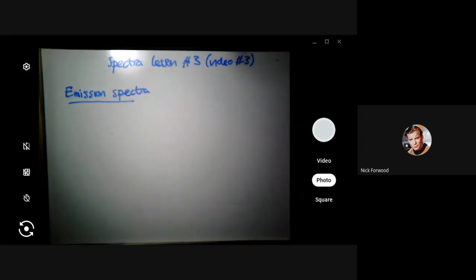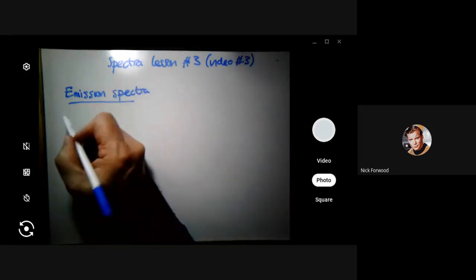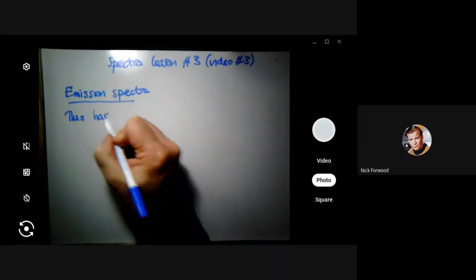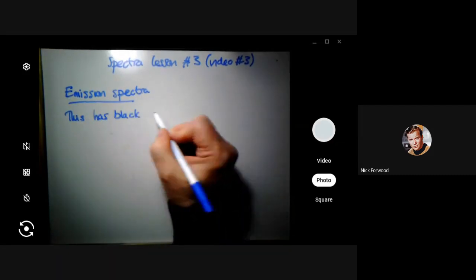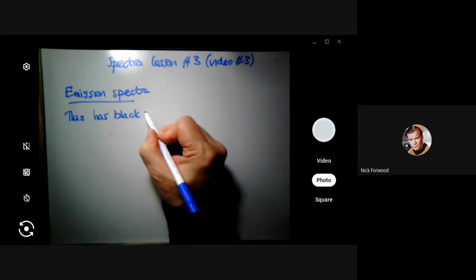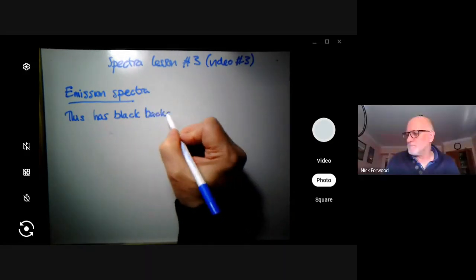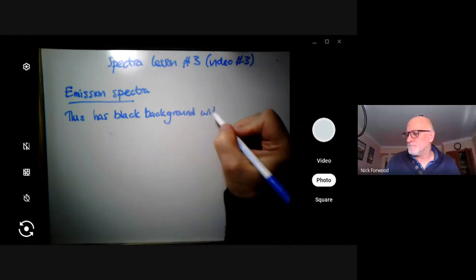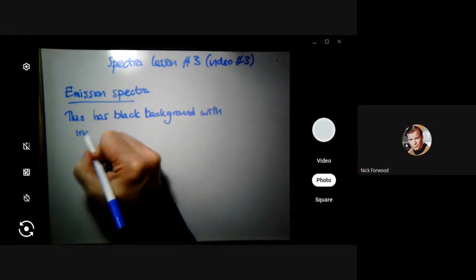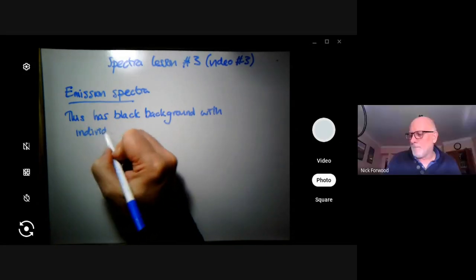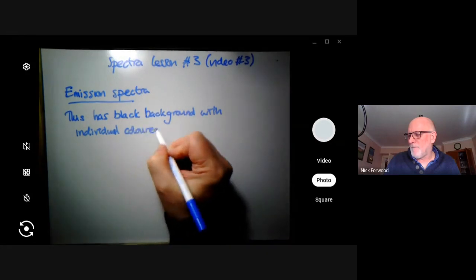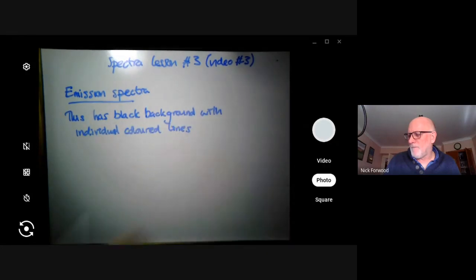So emission spectrum. It has a black background with individual colored lines on it, and the different colors